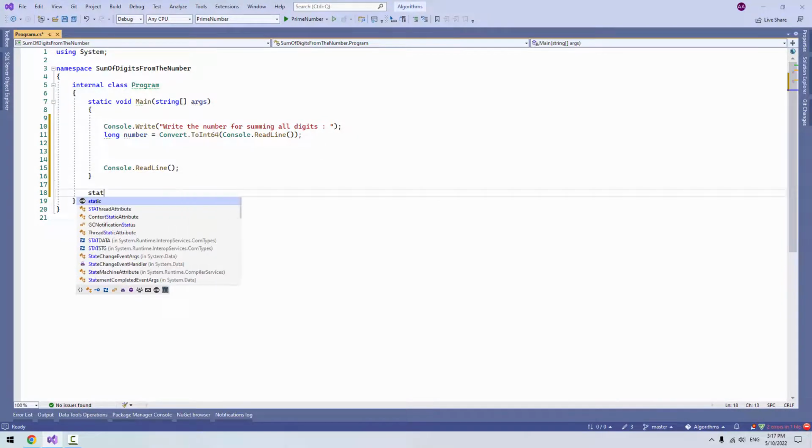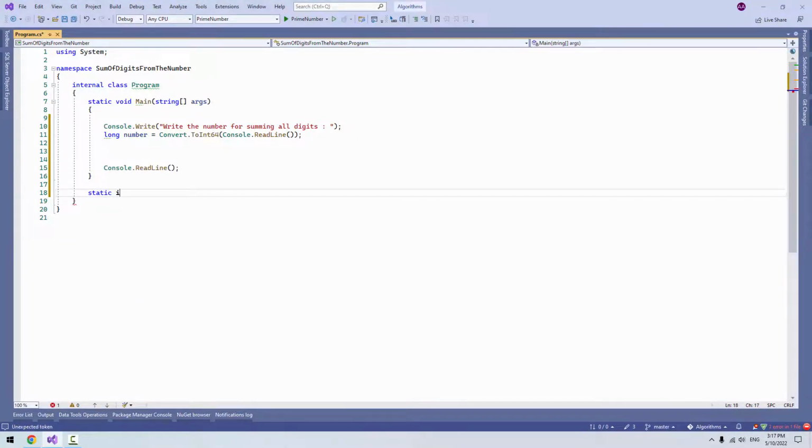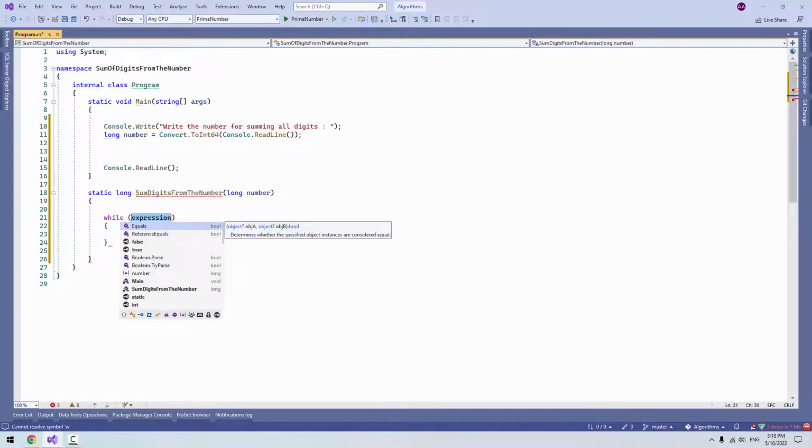Let's say static long SumDigits from the number. So here I will get my number from the parameter, and here what we'll do, we'll create a loop while